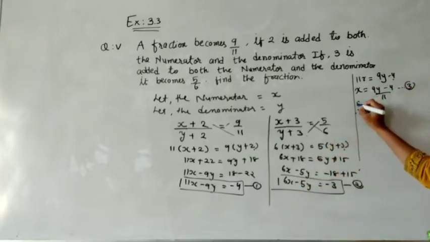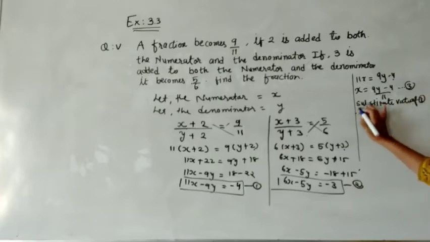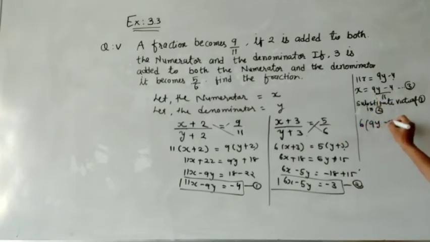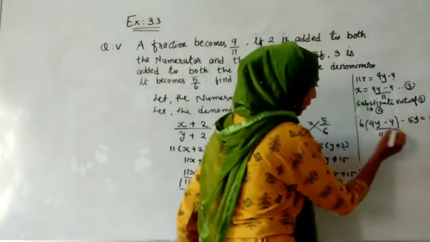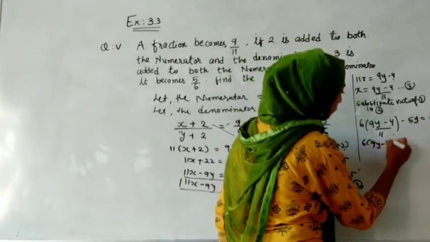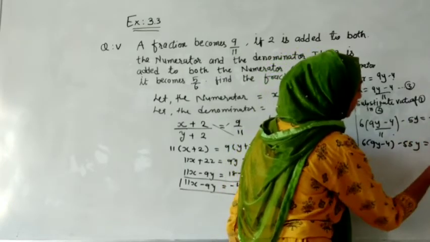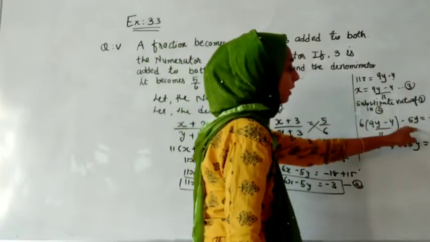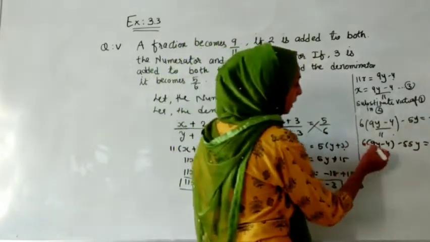So now when we substitute the value of 3 in 2, how will it look? It will look like 6 into (9y minus 4) by 11, minus 5y, equals minus 3. So what will happen? For 6 into (9y minus 4), let us take the LCM, it will become 55y, and that will be equal to minus 33. What I did is I have taken the LCM over here, then the denominator I have shifted over here, so it is in that form. Let us simplify it more.